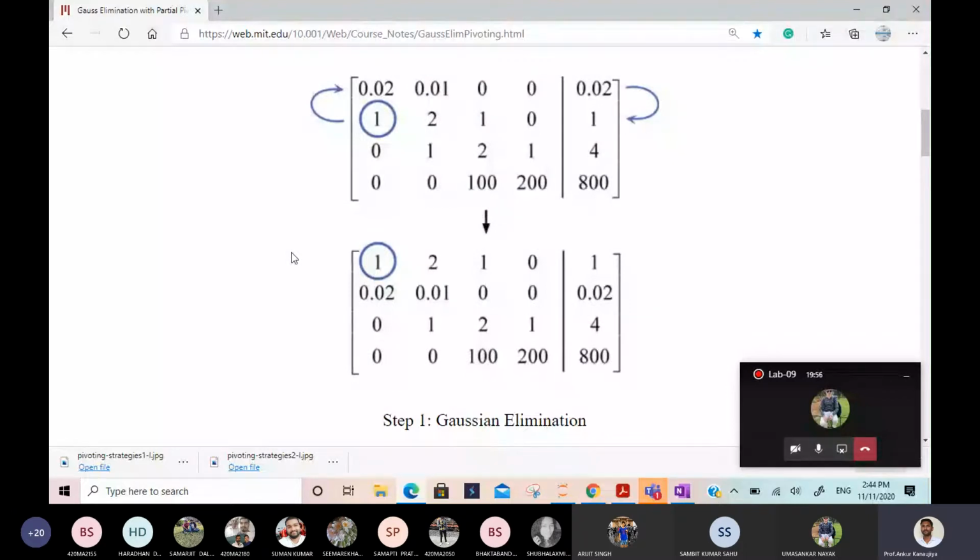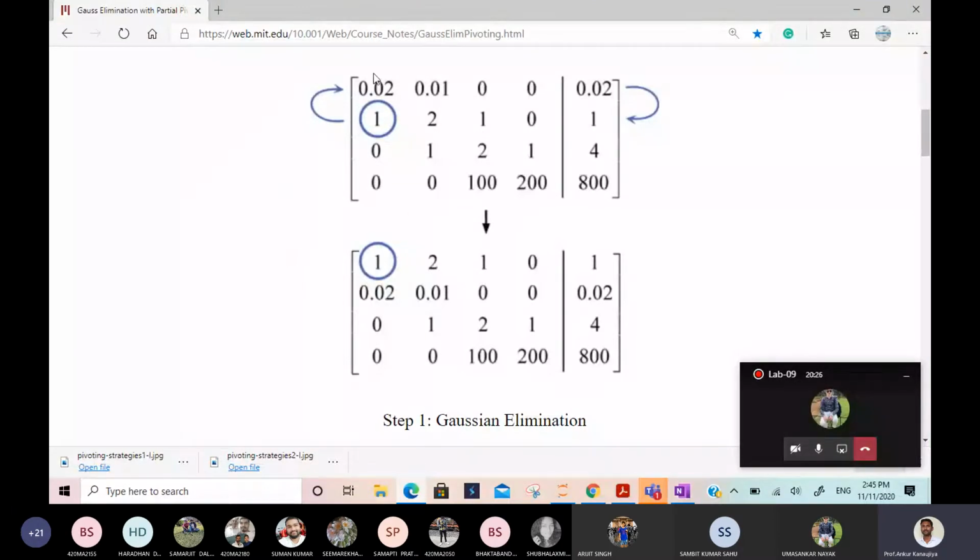Is it okay? Whatever we did previously, the only thing we have to change in the program is that we have to find the maximum entry every time. Once we get the maximum modulus, we have to interchange the row with that maximum entry in order to perform this row operation. Each time we perform the row operation, but the first step is to find the maximum value, see in which entry it is, and interchange the corresponding row.